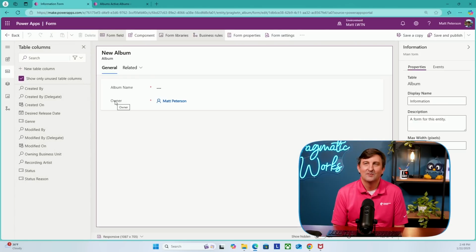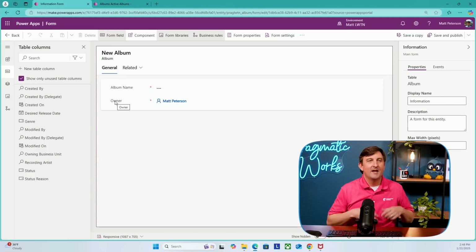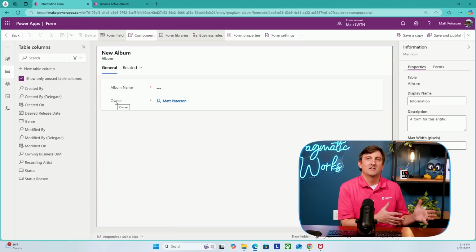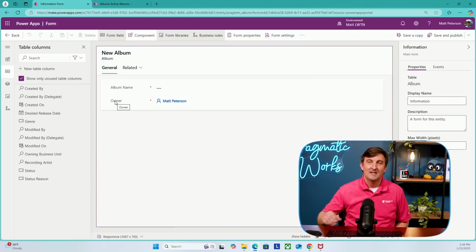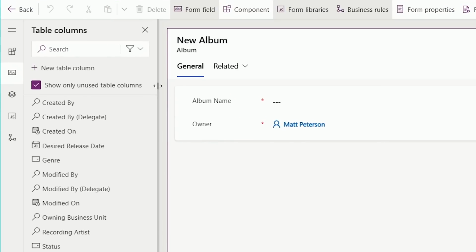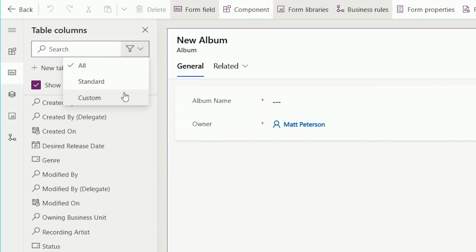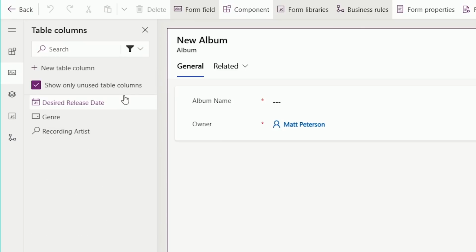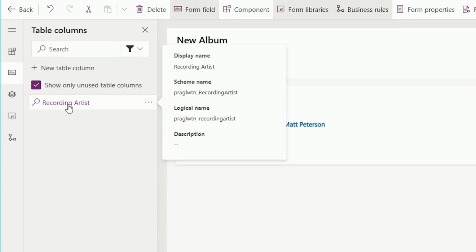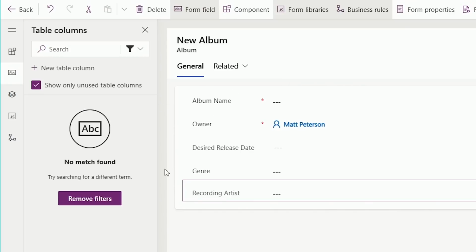And then what we want to do, we definitely want the album name, but we want to add in all of our other custom columns once again. So in the upper left-hand corner, we can hit this nice little filter, just like we did with the view. We can say, just show me my custom columns. So we're going to say, just show me the custom columns, and then we just click away. So the release date, the genre, the recording artist,